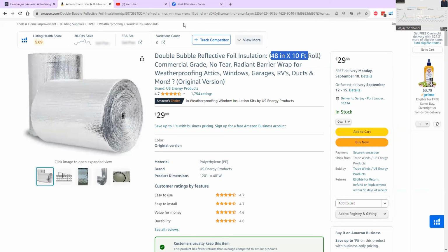One, you're going to start with an automatic campaign where you don't get to choose the keywords. Amazon decides for you. The other one, you're going to start with the exact match campaign where you are going to tell Amazon, look, these are the keywords I'm targeting on my listing, and those are the keywords I want to show up for. That is my thing.